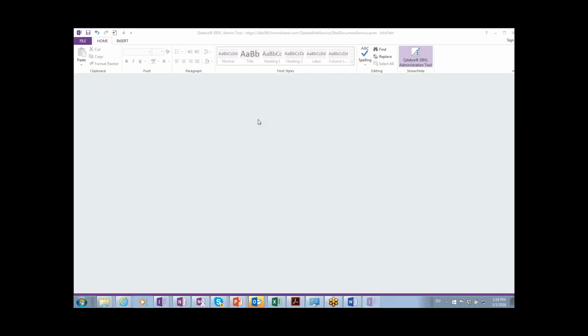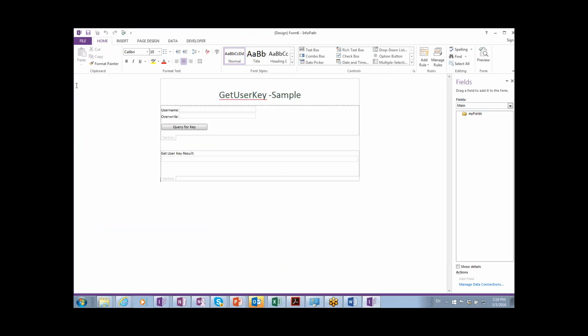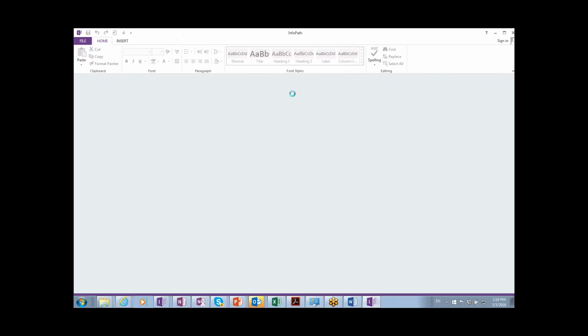Whenever you're creating a key, the only person that has access to create keys is the DBXL admin, okay? When they create a key, the best practice is never create a DBXL admin key because the DBXL admin is used for managing the service. And if you create a DBXL admin's key, it gives people full authority for everything, which is not what you want. So typically what you're going to do is you're going to create a key